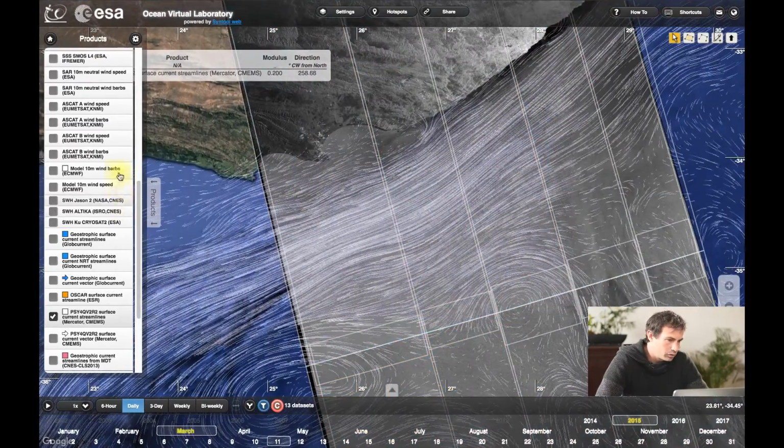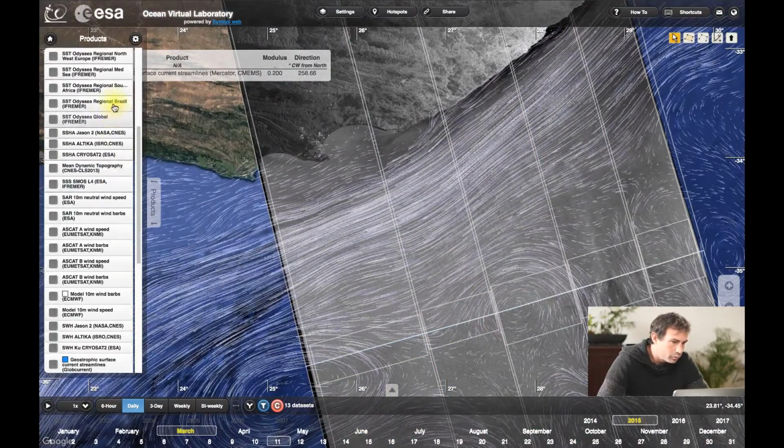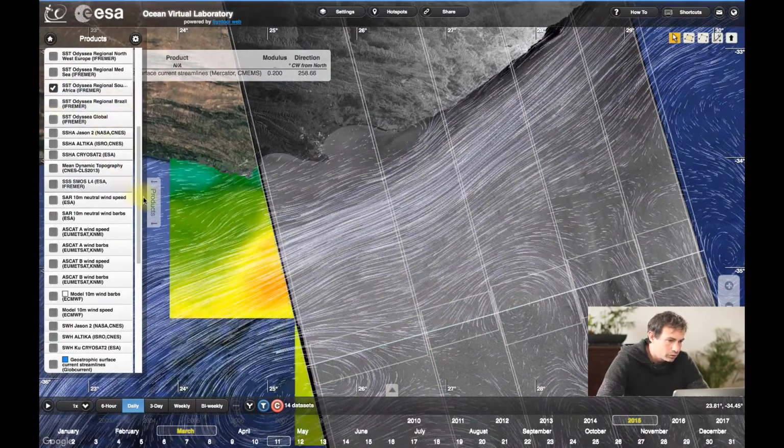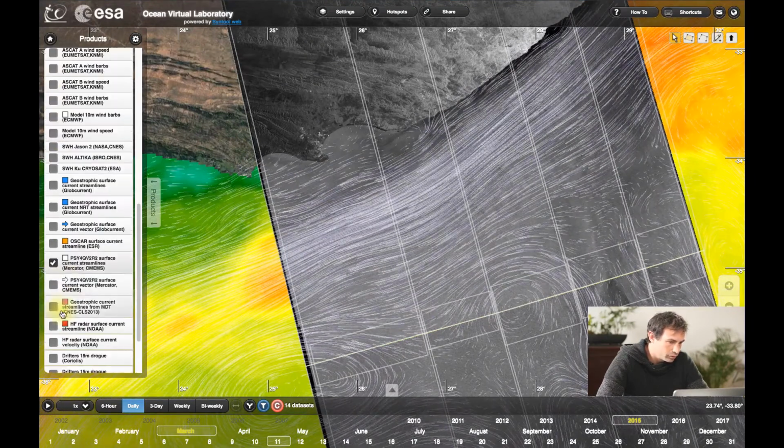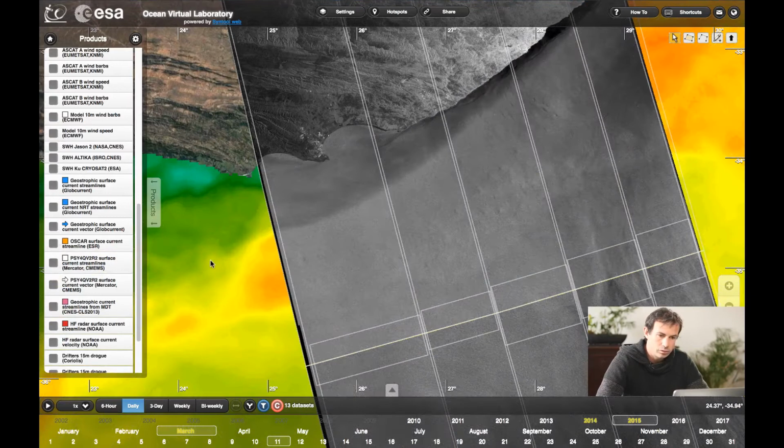We can also overlay some sea surface temperature, removing the model output and adding some transparency.